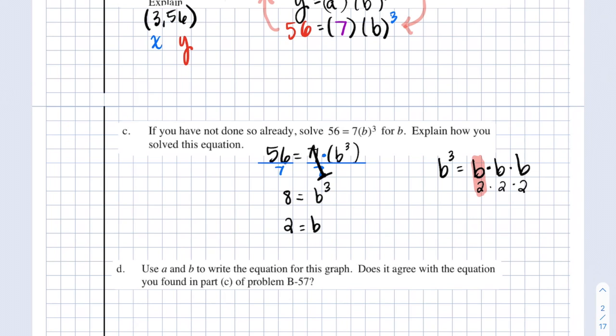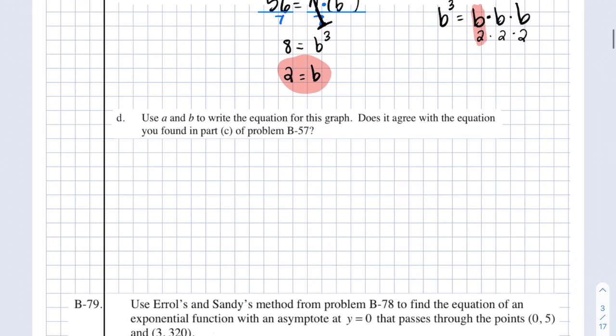So D asks us to write the equation where you're going to use a and b. We're going to be using substitution. We know that a is equal to 7 and b is equal to 2. So y is equal to 7 times 2 to the power of x. We're going to put that x